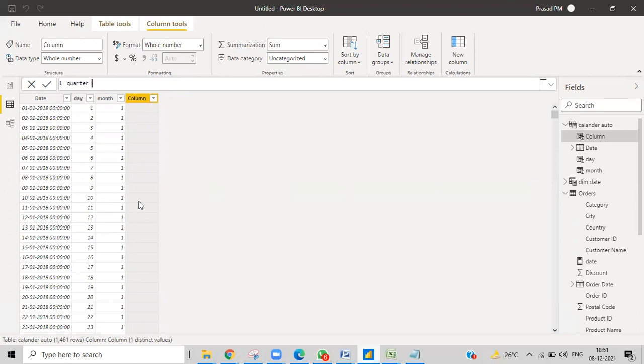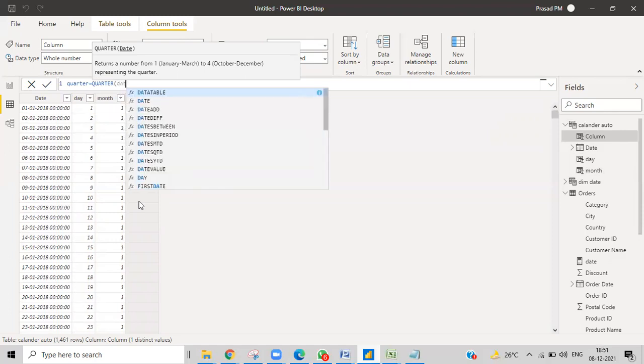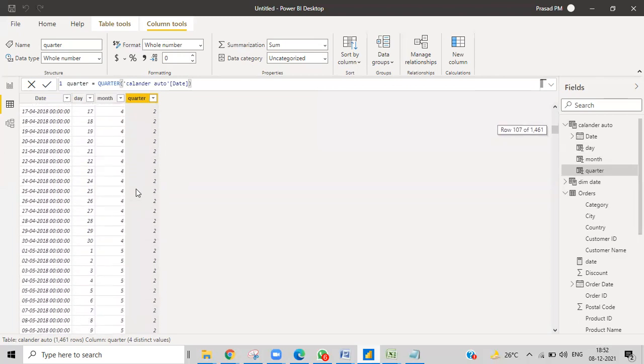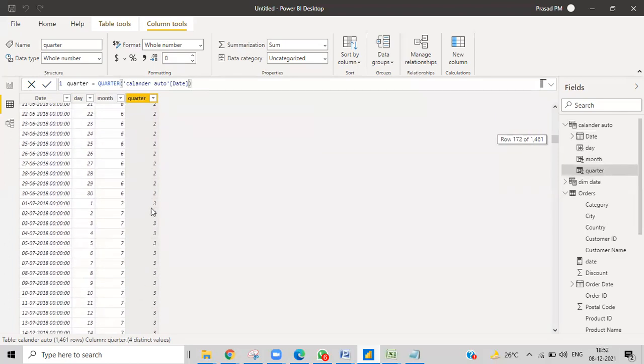Quarter equal to QUARTER, of the date, and again you'll have Calendar Auto Date. For the first 3 months you'll have one, and from the 4th month it will show the second quarter, and after the 6th month you'll have the third quarter.